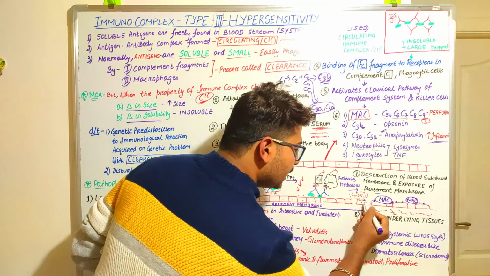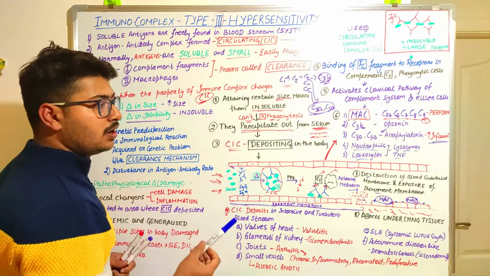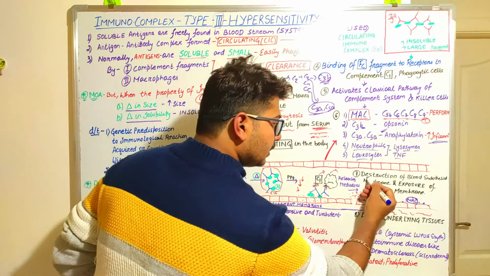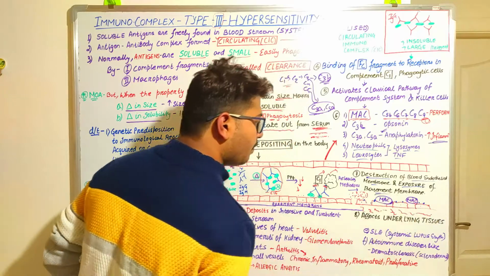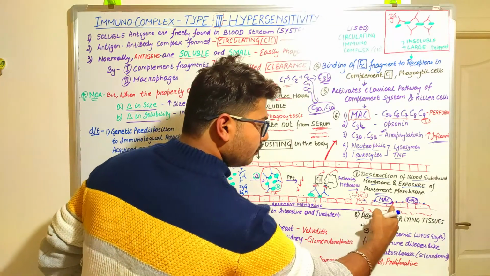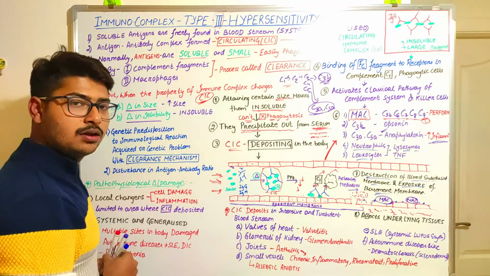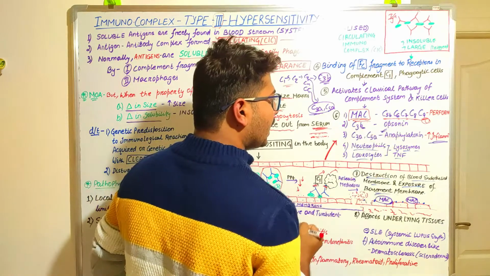So the endothelial cells that are present are going to be destroyed because of the action of these mediators, resulting in destruction of the blood vessel endothelial membrane and exposure of the basement membrane. As this destruction takes place, the basement membrane will also be exposed. How does the destruction by MAC take place?